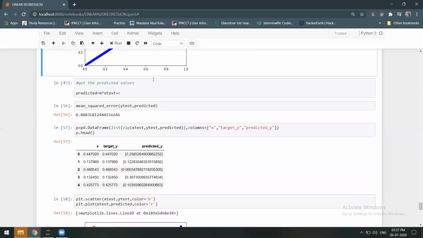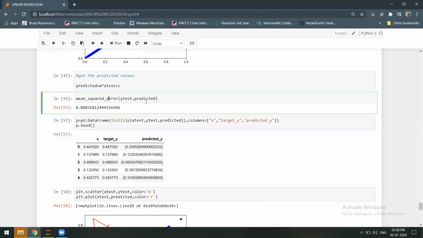Next we get the predicted value. So we are writing predicted equals m into x test plus c, and this is the predicted value. Then we are finding the mean squared error, and this is approximately 0.01, after passing y test and predicted.